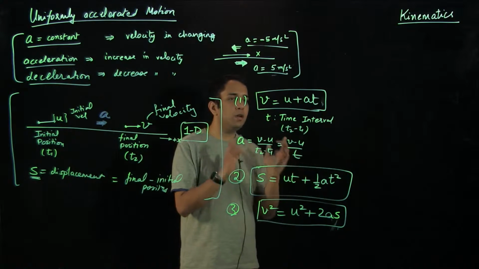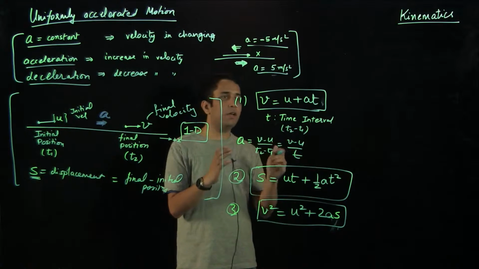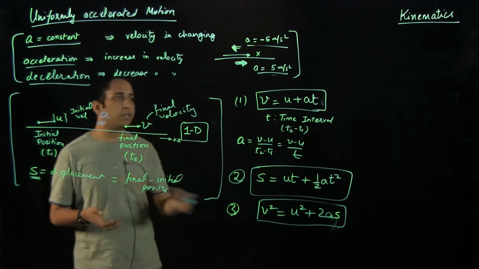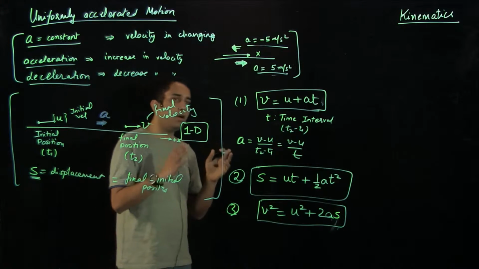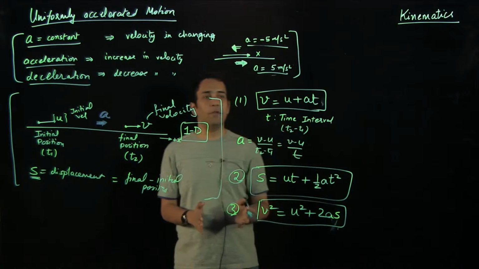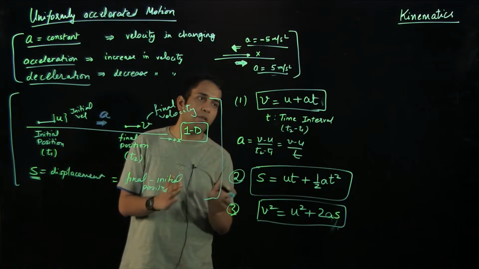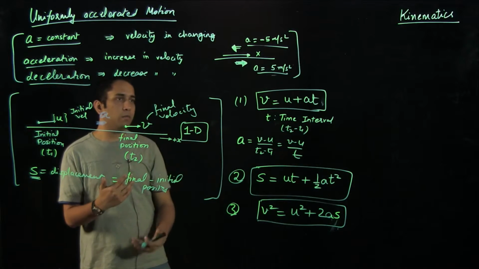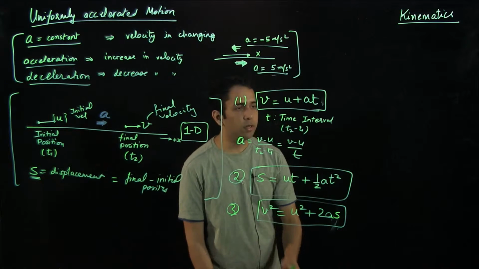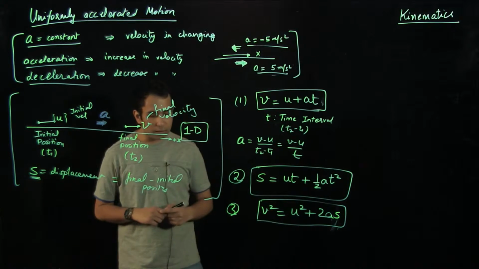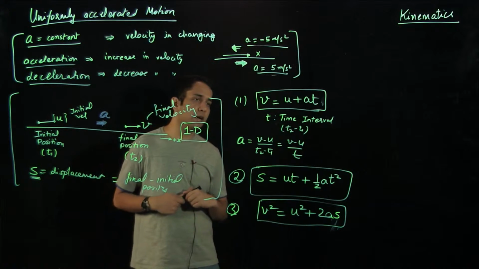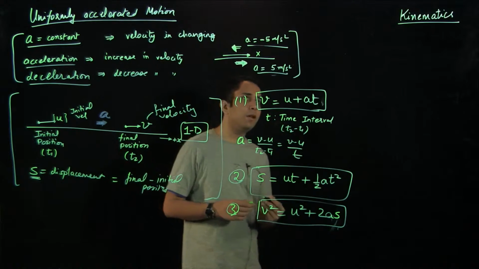But if we are moving into a 2D motion, then we should be applying all the equations only in one dimension separately. So let's say if I have a question in which a ball is moving in 2 dimensions, then along the x-axis I will be using these 3 equations, where all the variables will only be related to the x-axis, and similarly the same 3 set of equations will be used in the y-axis, where all the variables will come from the motion along the y-axis. And we'll go through all those questions in the later videos as well. First of all, we'll cover a couple of examples which will use these 3 equations, and it will make the concept clear to us.